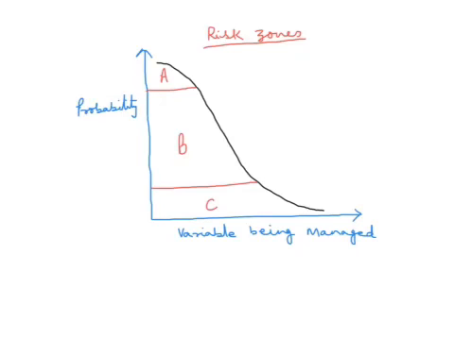But this B zone is the real game, where the probability changes fast on changes in the variables which we manage by various risk management measures. And here any expense made on risk management practices will give good results, because a small change in variable value is likely to change the probability drastically and thus reduce the probability of risk happening significantly.